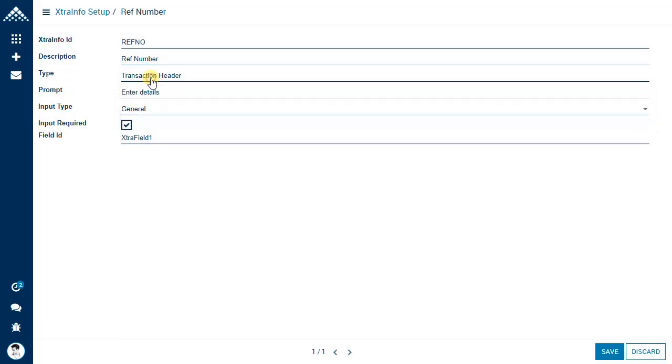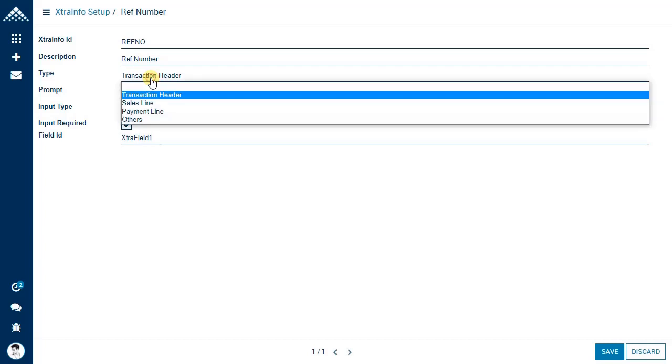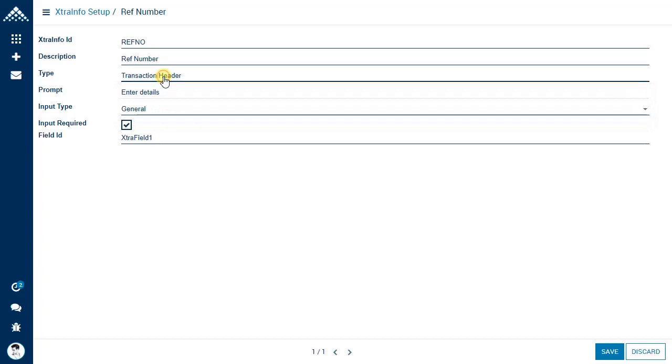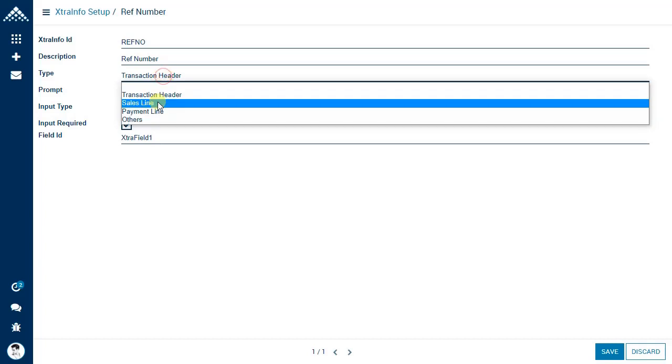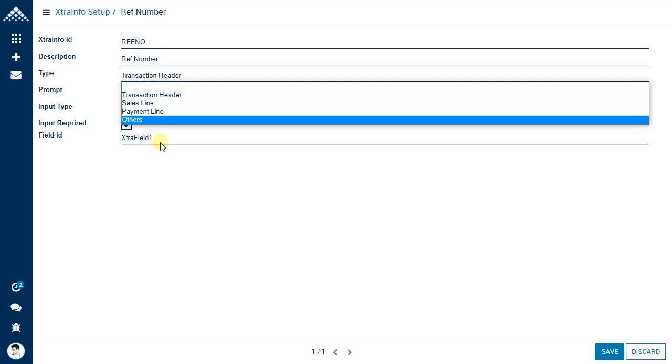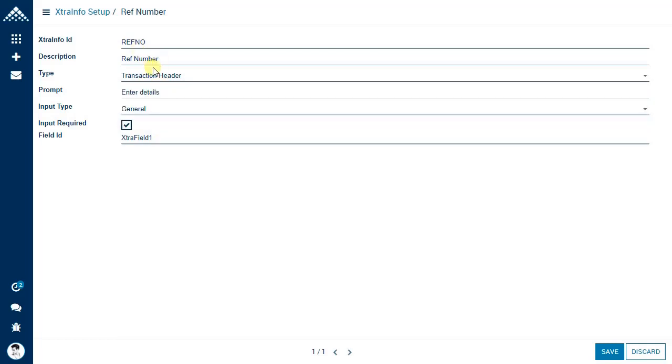Transaction header. For this example, we have chosen transaction header, but you can also choose sales line, payment line, others like that. So what is transaction header, what is sales line and payment line, I will explain. In this case, we are going to capture reference number which will be associated to the header of the transaction.